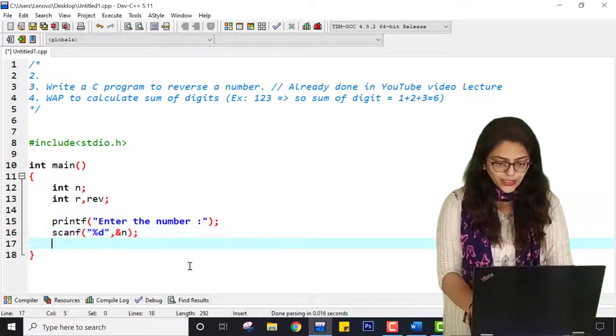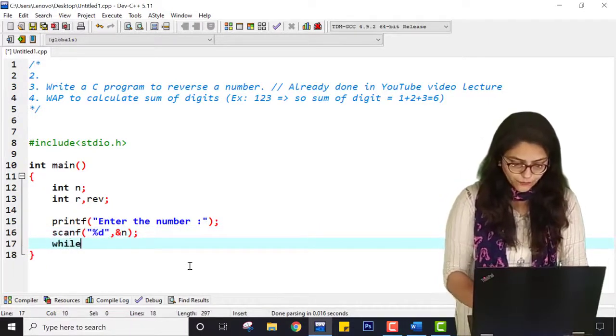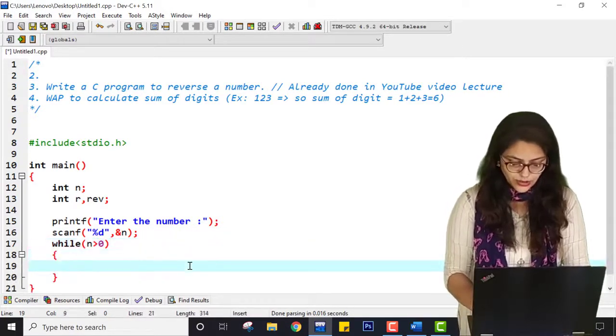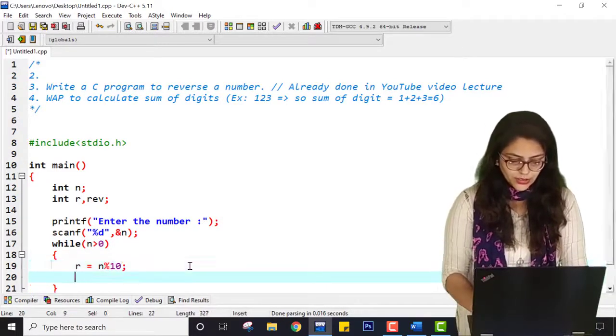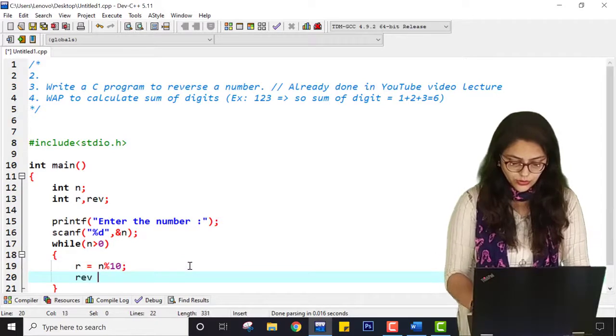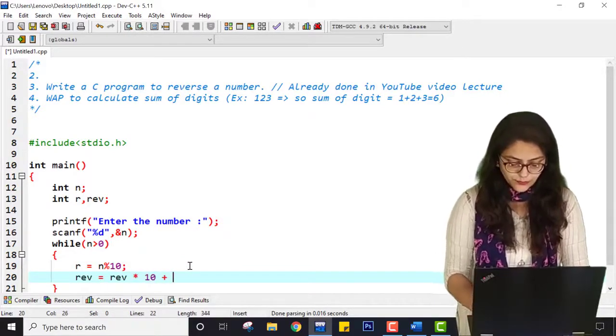Then I am writing while n greater than 0, I am doing r equal to remainder equal to n modulo 10, then reverse equal to reverse into 10 plus r.